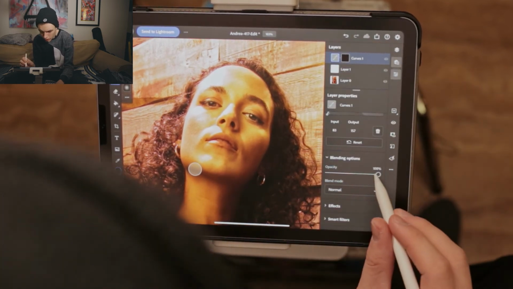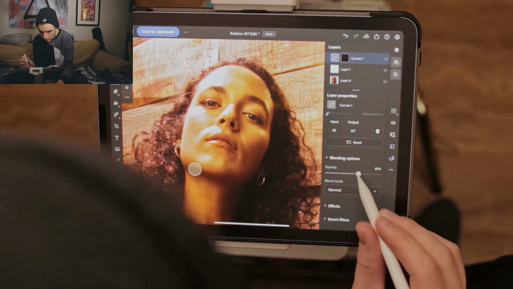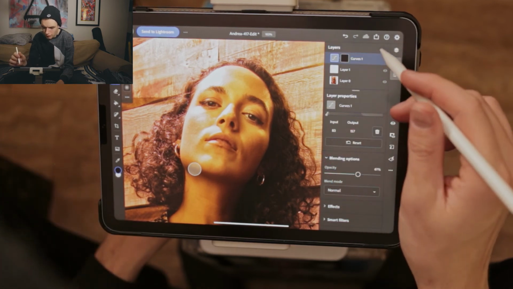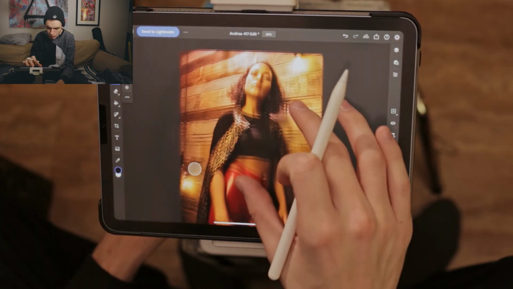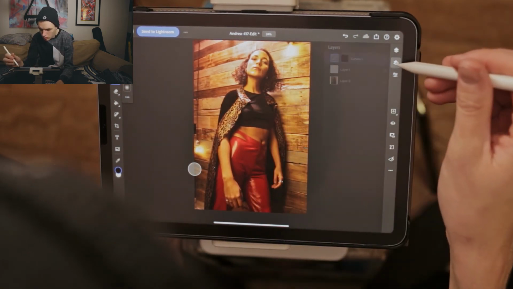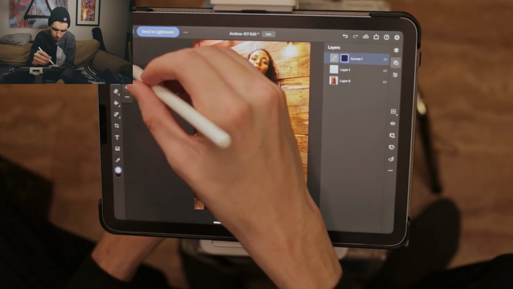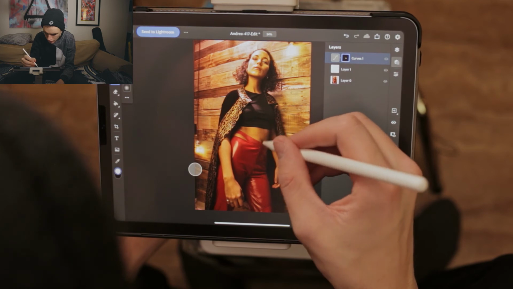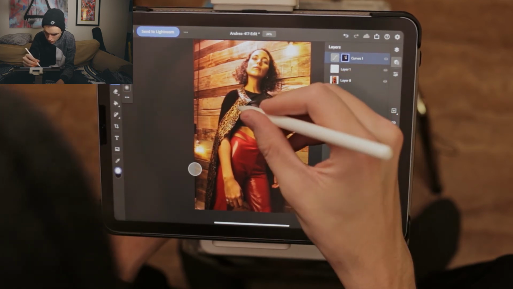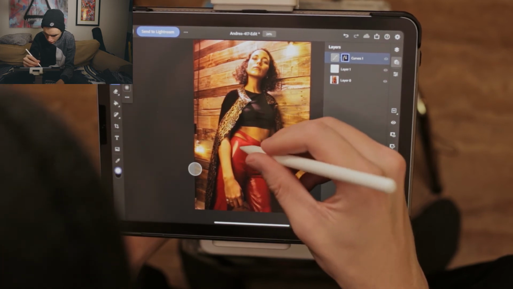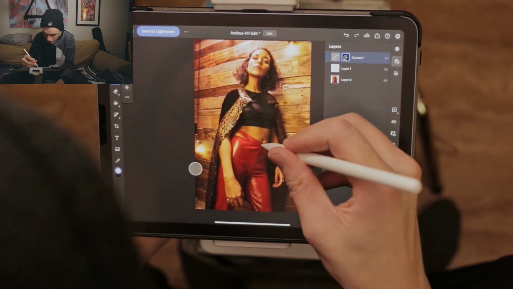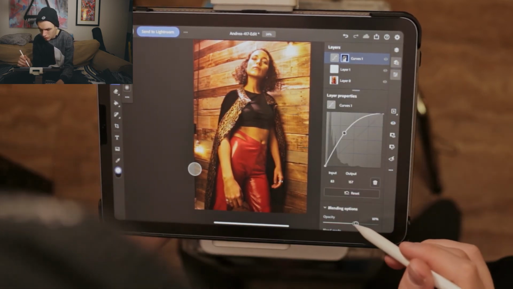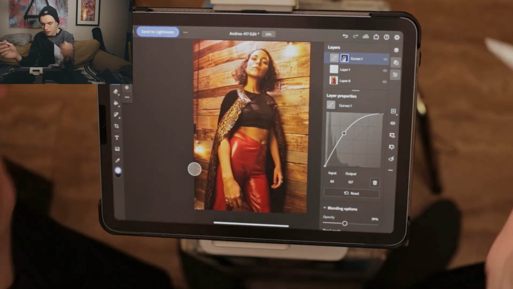And we'll take this guy and bring the opacity way down, so it's looking quite a bit more natural, just like that. And that is looking quite a bit better, but if we're brightening the face, we want to add that to the rest of the body as well, which is why I'm just going to generally paint in brightening the high points of everything. So you can see, if we turn that on and off now, the difference we are getting. Do want to bring the opacity down a little bit more,